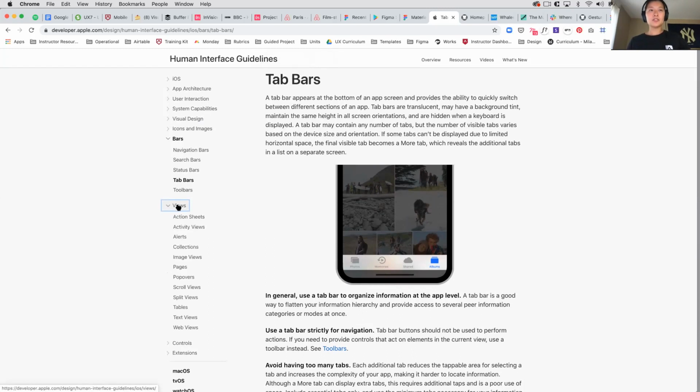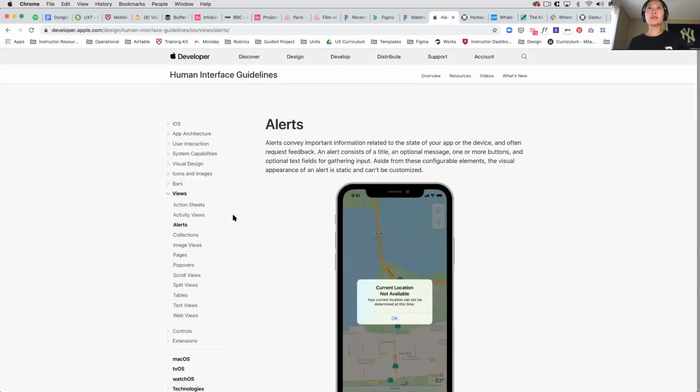All right, so the next category that we'll look into is called views. Views are content that users will see in the app itself. This can include things like text and graphics. They can also include interactive elements. And a common one that uses the same terminology that we were looking at from yesterday's module is called